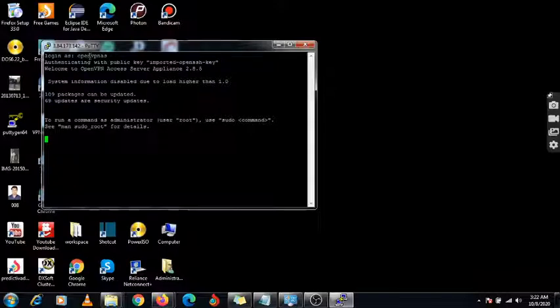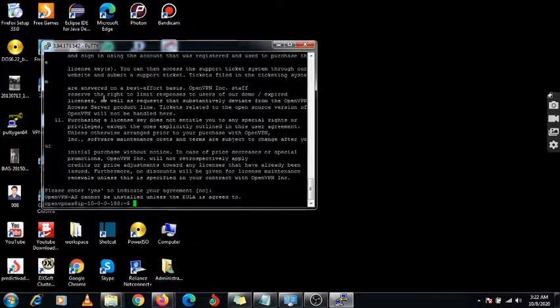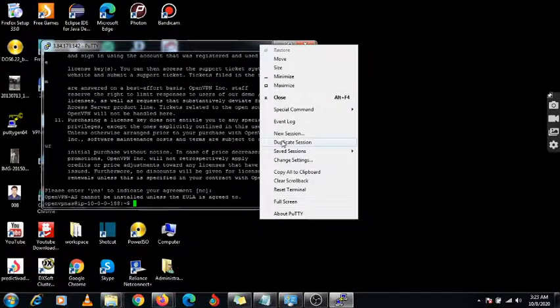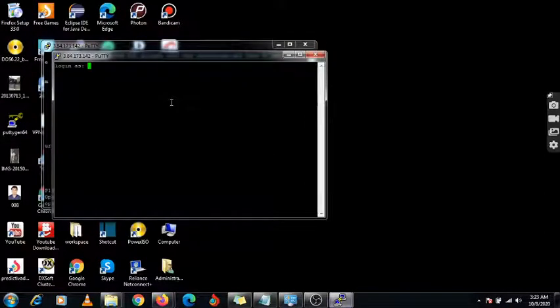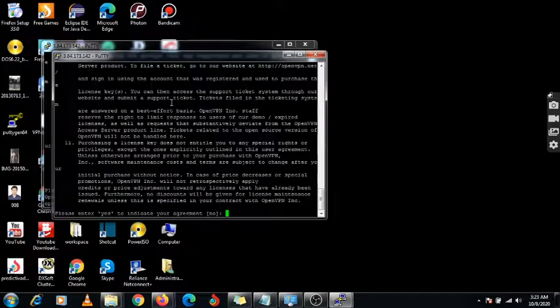You need to note down this username, OpenVPN AS. You just select all the default options and enter yes to indicate your agreement. Whatever options it reflects, you just need to enter the default option.